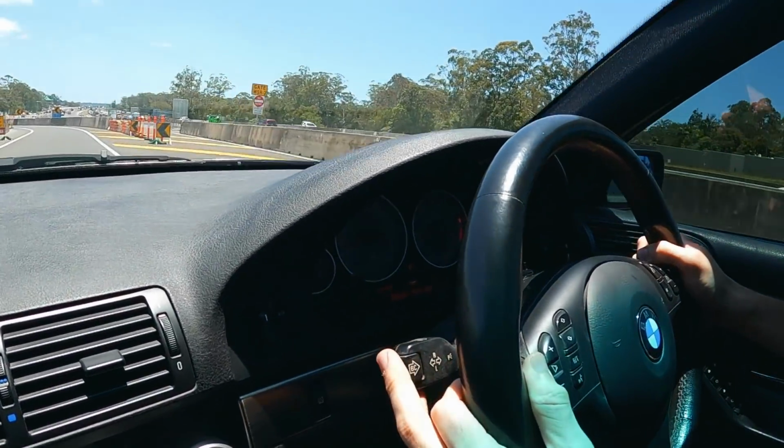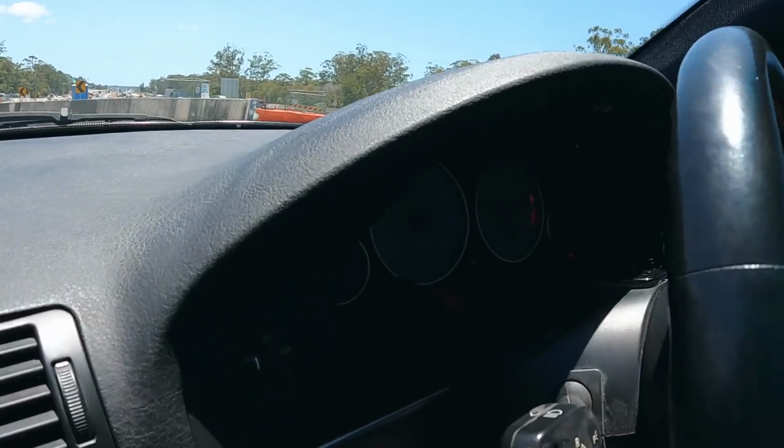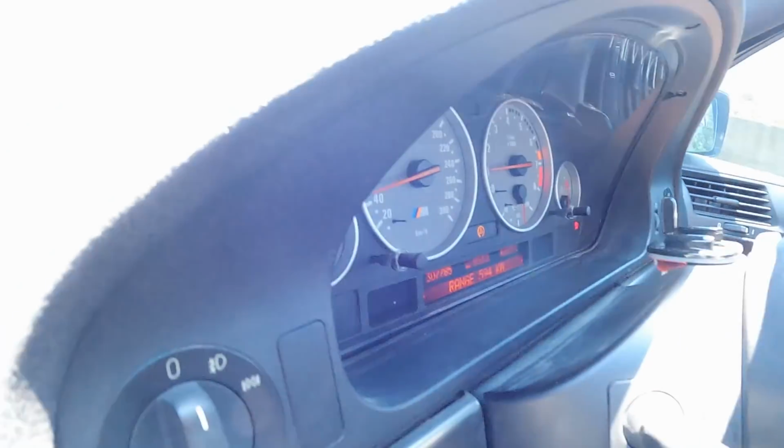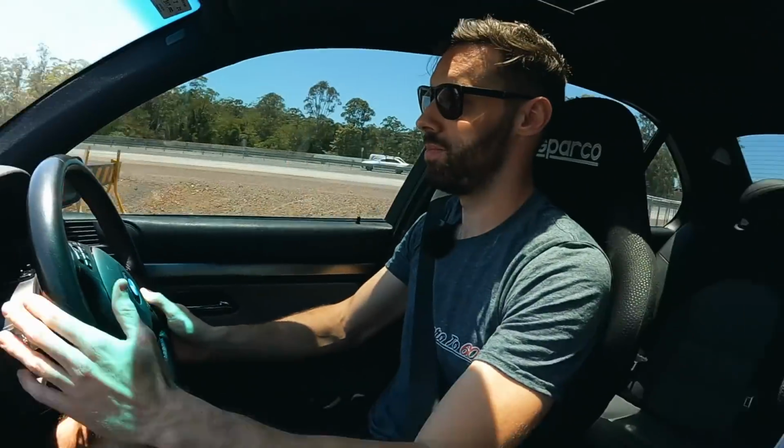Okay, we've got road work, so I don't want to be naughty through here. All temps good? Yeah, no engine warning lights? No, nothing else has jumped up. Hopefully the GoPro's, there it is. I don't know if it's been picking it up. Oh, the shift knob has just come off the...